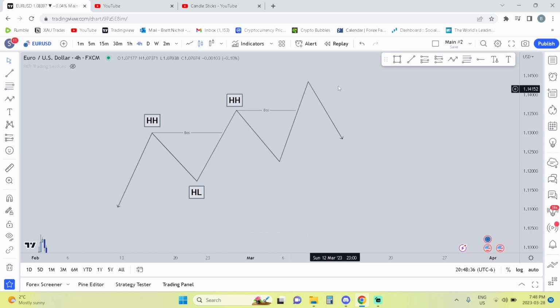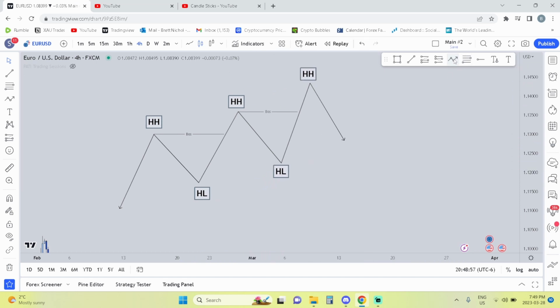So when the market keeps breaking structure to the upside, that means you're in a higher time frame trend. That means you're in a buy trend if it keeps breaking the highs and keeps making higher low points. So then this would be a new higher low, this would be a higher high, and then